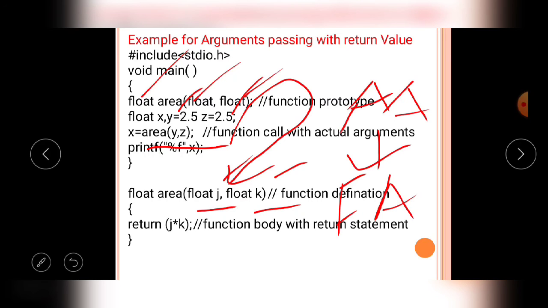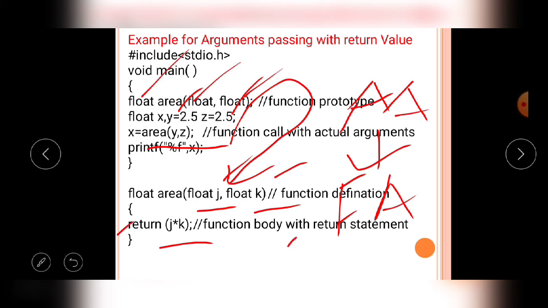Now the area function will receive two values, 2.5 and 2.5, stored in the j variable and the k variable respectively. Then comes the execution of the user defined function, that is return j into k, the area of a rectangle. Now 2.5 into 2.5 is 6.25.